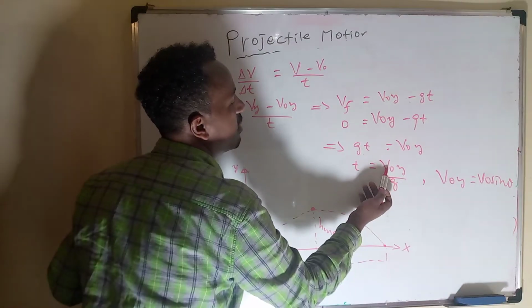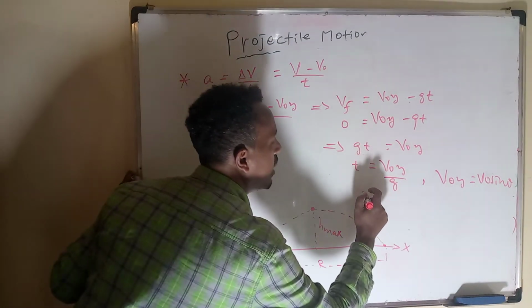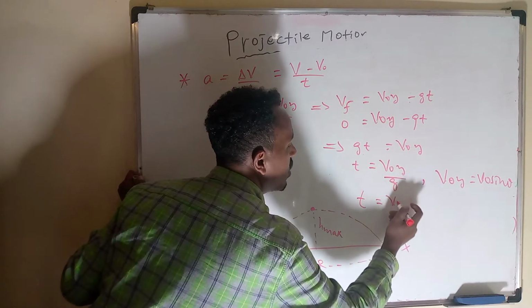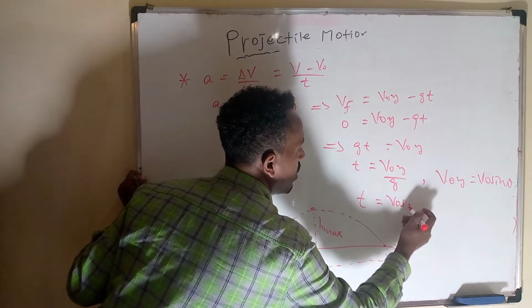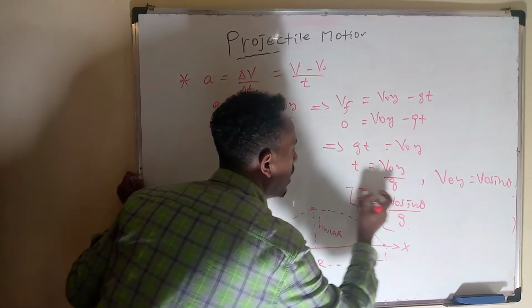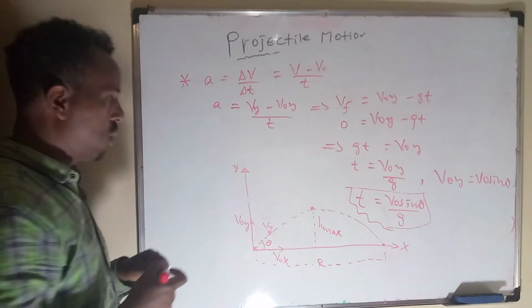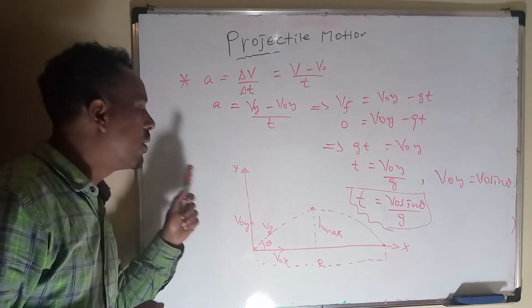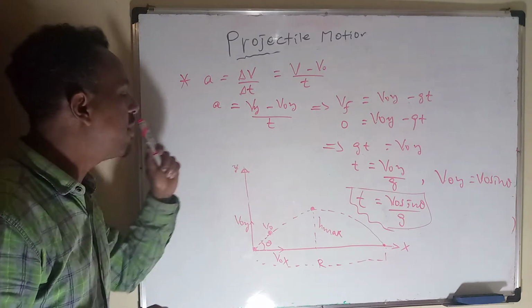So use this instead of v initial of y: time is equals to v initial sine of theta over gravity. This is the mathematical expression for the time used by the object